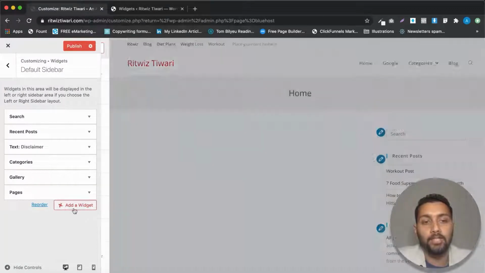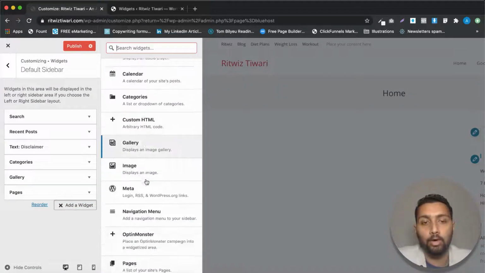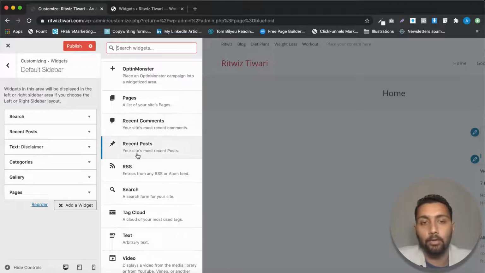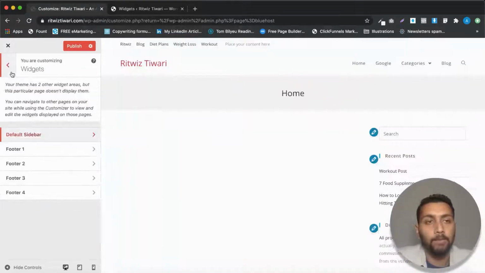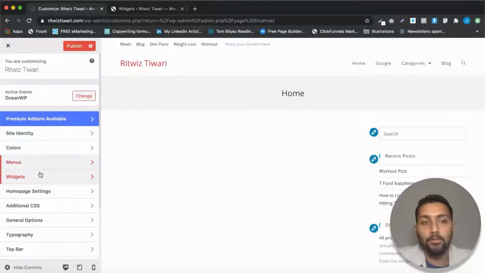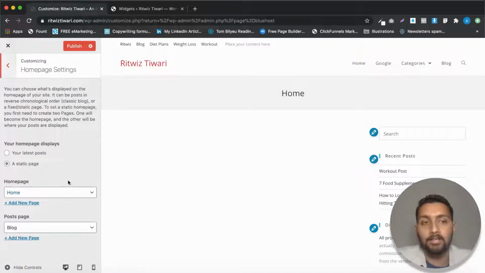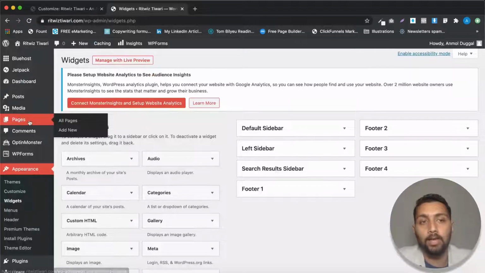Now you can add a widget here. If you click on a button, you can get all those widgets with a description of what each widget means. We have already talked about it. So let's move ahead. About the menus and the widgets part, now let's talk about the home page settings. These are the same settings that were there in the reading settings part: a static page, and we have selected the pages. You can even add a new page dynamically here. We don't just have to go to the pages area and then click on add new.